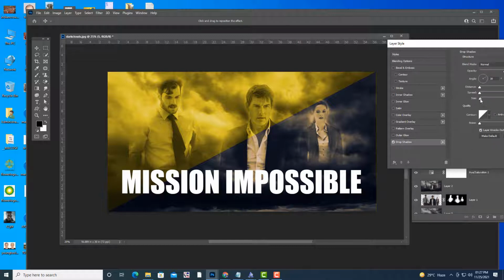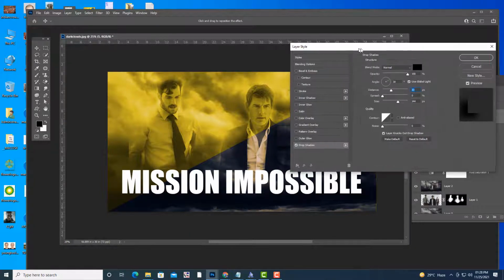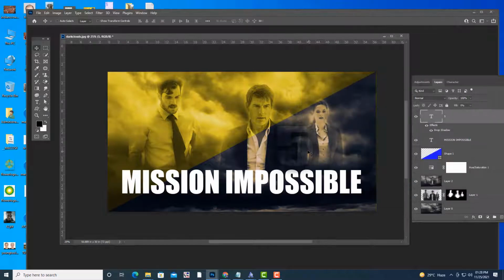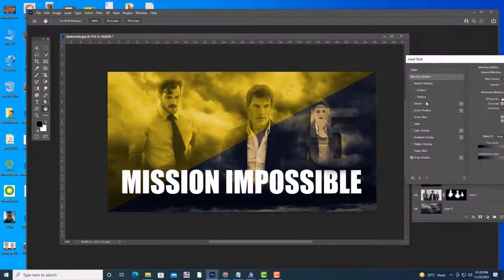So we can see, lightly we can do it. You can move it from somewhere. And we can do one thing. If you want some light stroke, you can use stroke.